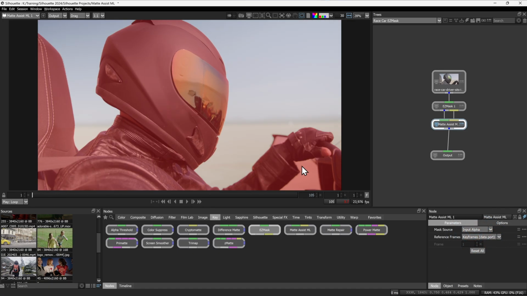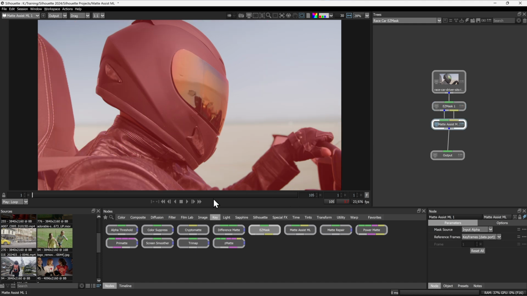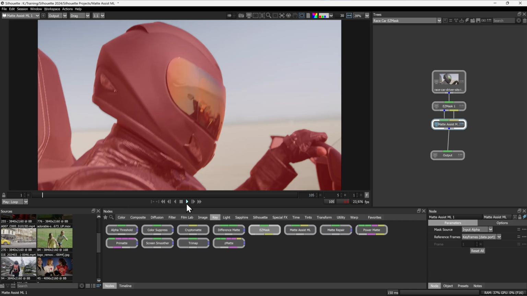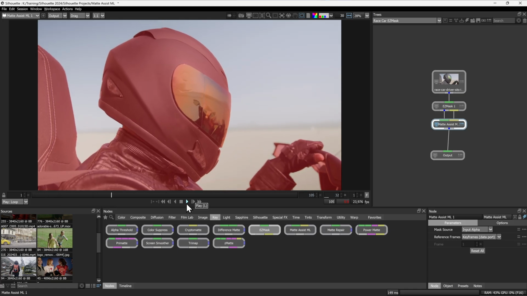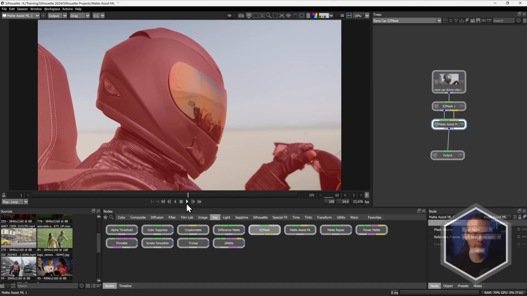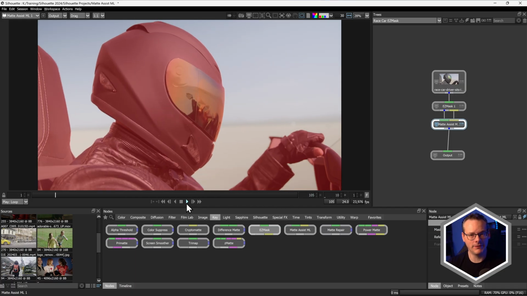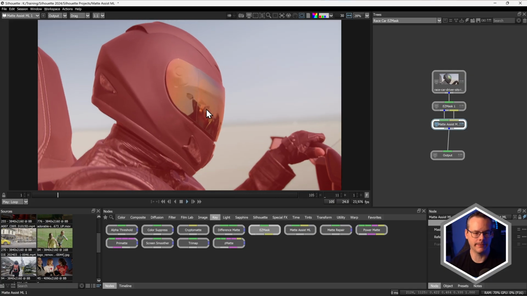So if we take a look at our image, I can see I do need to define that background a little bit more because I haven't cut out this. Boom. And all of those are now going to join us in the Easy Mask. Again, let's hit play. And this is Ultra HD one more time, and we're getting really quite nice responsive playback here. And this is a great time saver for complex shots, or to get a rough idea of what your matte should be looking like.